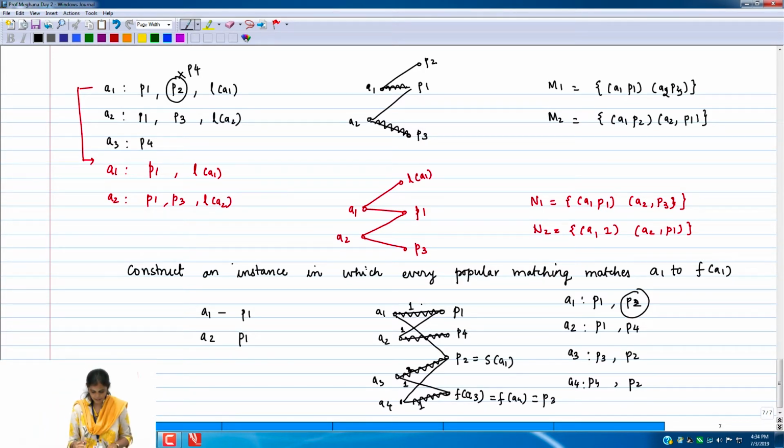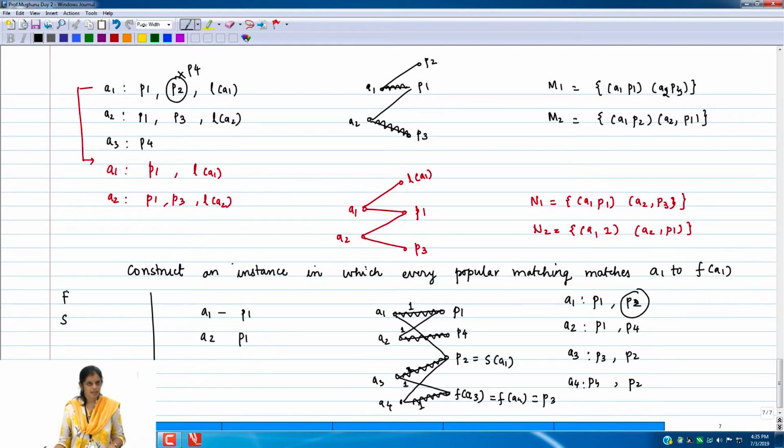And one more point that I should have emphasized is the set of F posts. We can also talk about a set F, which is the set of F posts for an instance. Once the instance is fixed, I can say what the F posts and S posts are. So can there be a post which belongs to both the sets F and S? No, these are disjoint sets. As soon as a post is an S post for somebody, it cannot be an F post for somebody, and vice versa. This is just by the definition of F post and S post.